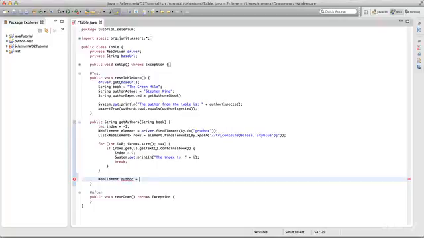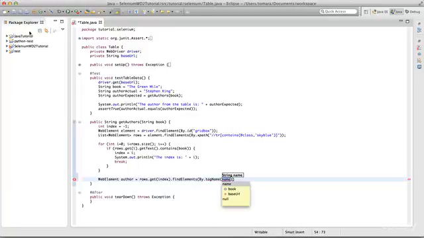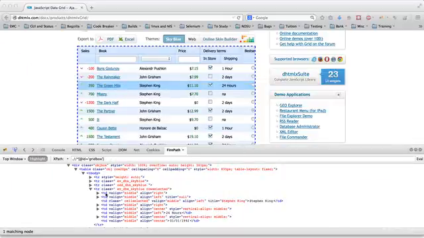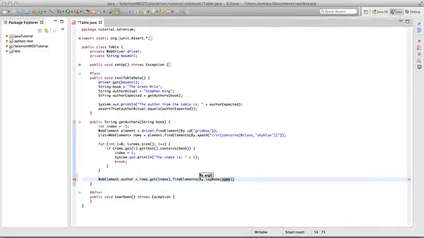So author is rows.get, and we already have the index now, which index we need, and then find elements out of that element by tag name, because we have all the row columns within the tag TD, right? So we need all the columns with TD, and after that we just need